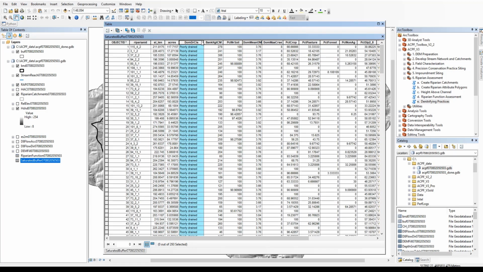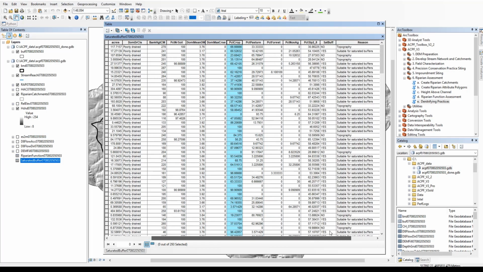We have the dominant drainage classification, the bank height in centimeters, the percent of area that meets all soil conditions, the mean organic matter of the dominant map unit, the max coarse material percentage of the dominant map unit.